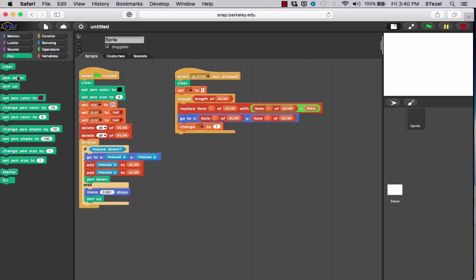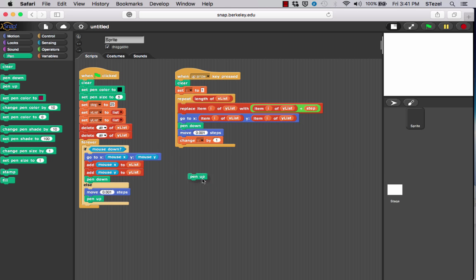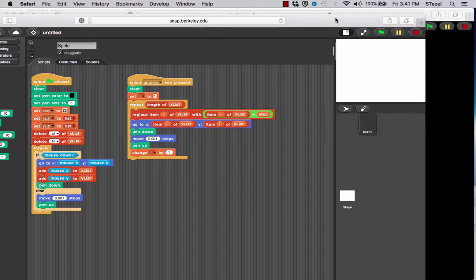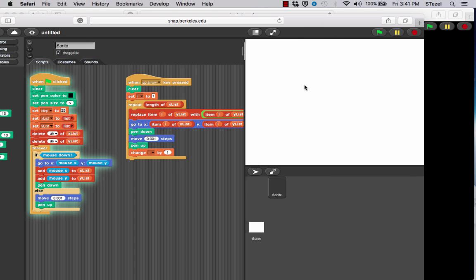What I'm going to do is I'm going to put my pen down. Okay? I'm going to put the pen down, and I need to move ever so slightly, as we discussed before. This is a curious step that we have to take, but we will do that. And then we move the pen up. So all we're doing is we're putting a little mark at this location. Okay? So let's see if we make any progress here. I'm still able to draw something. Now if I press the up,